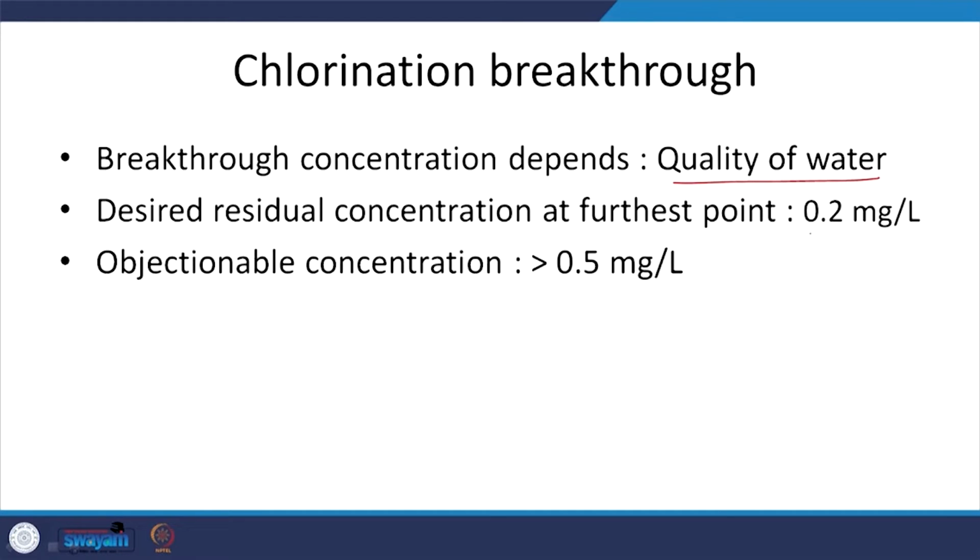And typically we want 0.2 at the furthest point. For example, in IIT Roorkee, it was built up over time. Sometimes things pass by, and there are certain sections where the water distribution network is at a dead end. So the water spends a lot of time in that particular section. No fresh water comes through unless it's used vigorously in that particular house or